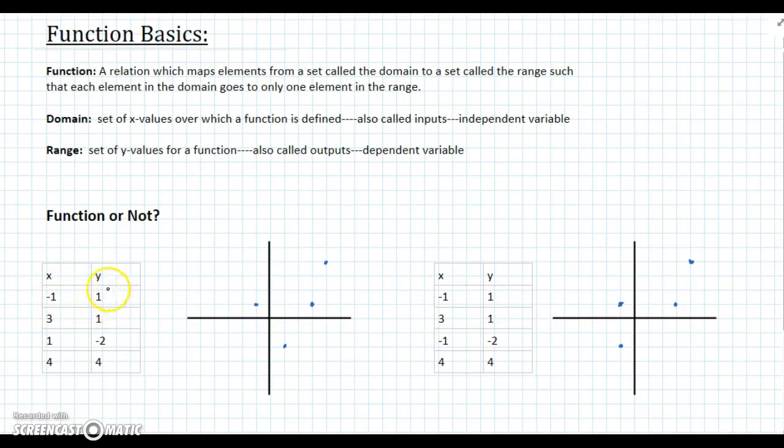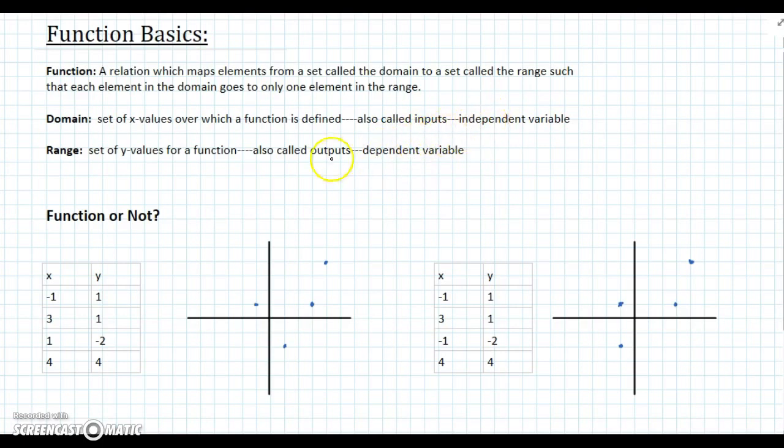You'd get y's out, these would be outputs. So it doesn't surprise you that the x's are inputs. The domain's also called the independent variable. In sciences, a lot of times this is the variable you change, and then your dependent variable changes as a